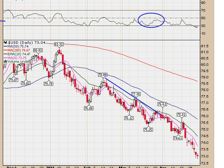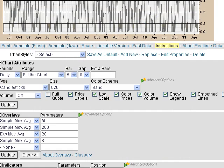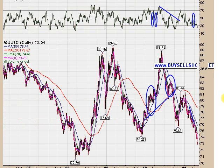Quick mention on the US dollar, it continues to fall to new lows. We are really oversold on the dollar. And if we look at a multi-year chart on the dollar, we've still got another 5% downside risk, back to the 2008 lows. This is probably where we're going to see the dollar bounce,